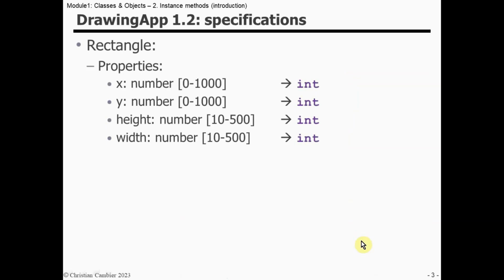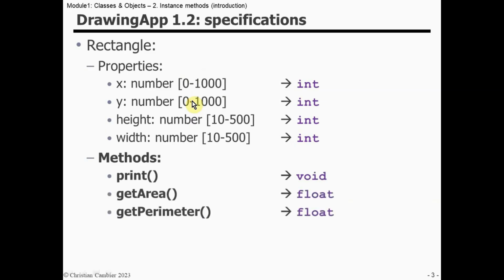Looking at the Drawing app specifications that we have stated in the Getting Started video, we have implemented the properties of the rectangle so far. And now, in order to solve the duplicate code problem, I'll add a print method. At the end of this video, I'll implement two additional methods, getArea and getPerimeter. But let's focus our attention first on the implementation of the print method in order to remove the duplicate code